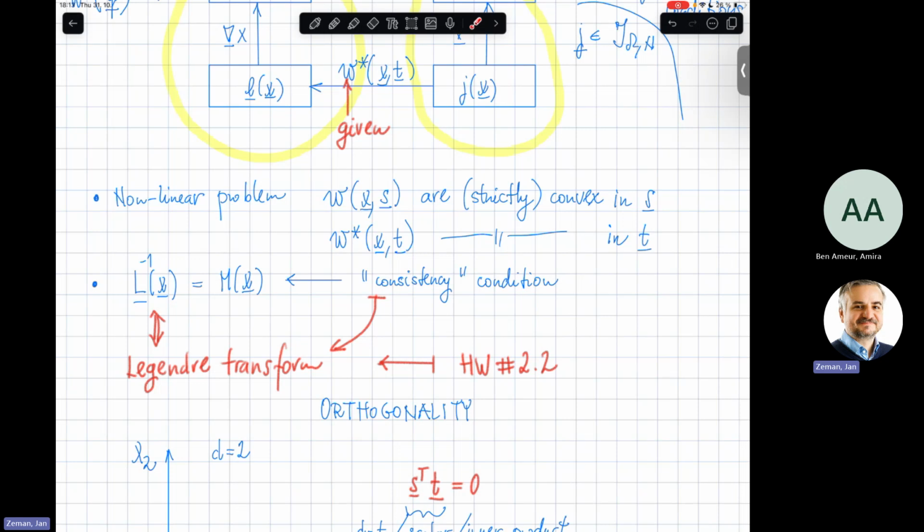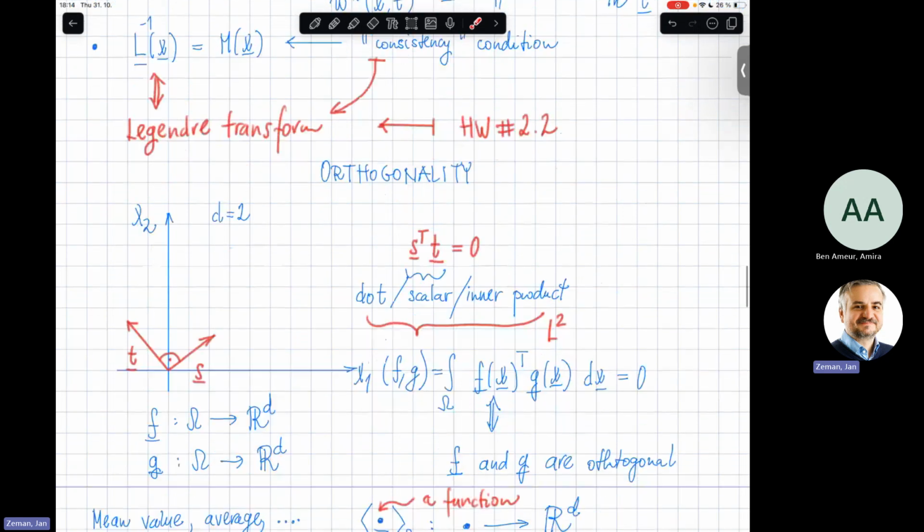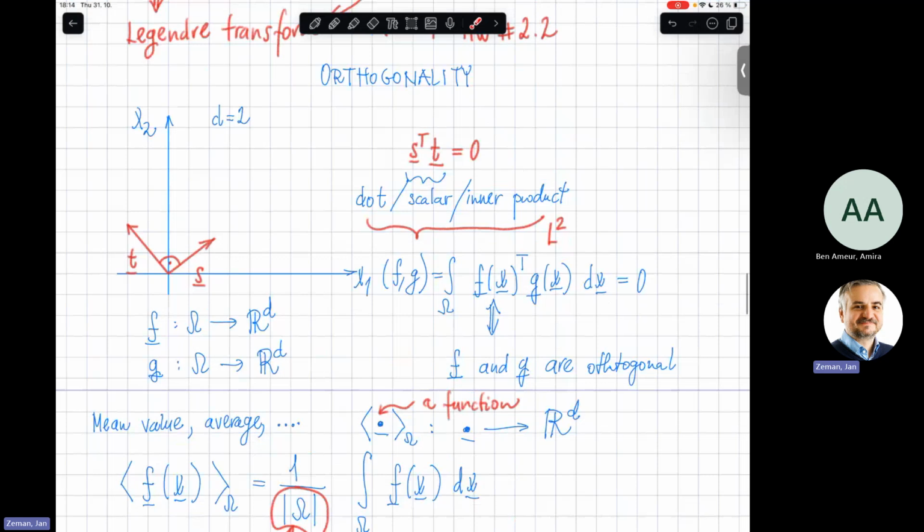So in this language of energies it can be expressed in terms of the so-called validity of the Legendre transform. And I also said that if you would like to see it yourself, then this assignment is the right place to go. And in the very last part, I was talking about the last property, which in my viewpoint is essential,